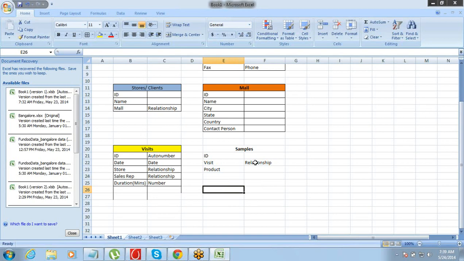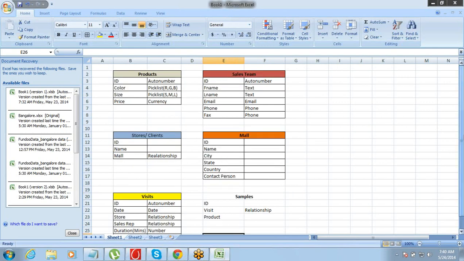Right? So tell me, on a visit there are products being given. Try to understand this. On a visit there are products being given. So we saw that even if we create one more object, it is not helping us to a great extent. Again, if we create a relationship here, it will track only one product at a time. So that also does not solve the purpose.